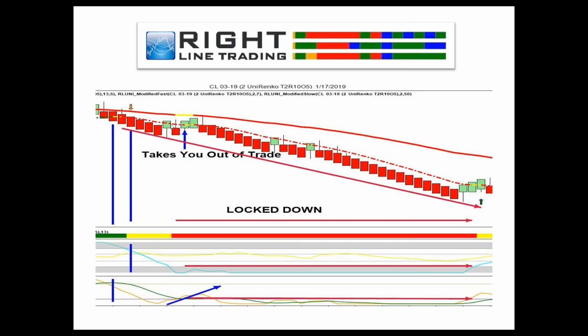But look what happens on this 2 candle push to the upside. The stochastic moves above the 20 line and takes you out of the trade. The Laguerre remains locked down throughout this entire move. Look where the Laguerre line is. It never rises above the 20 line. So it keeps you in the trade because there's so much selling pressure here that the market is really not